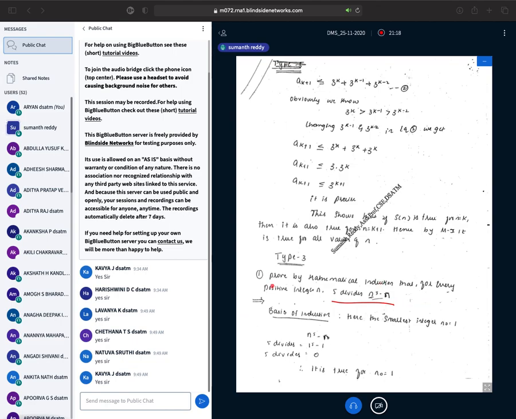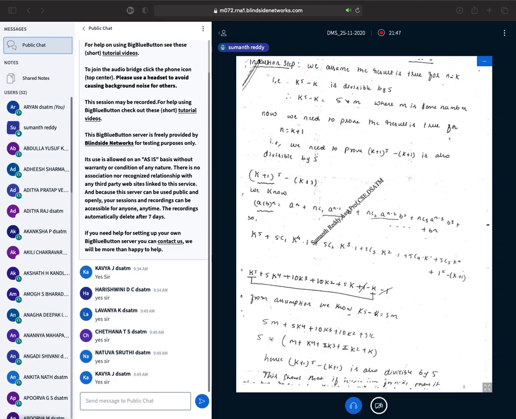See, in the question he has not given the least value. If nothing is said about the least value, by default you take it as for every positive integer. Since it is for every positive integer, you can start with 1. If I replace n with 1, 1 to the power of 5 minus 1 is 0. 5 will divide 0. In fact, every number will divide 0. I repeat, every number will divide 0. So this statement is valid for the least value.